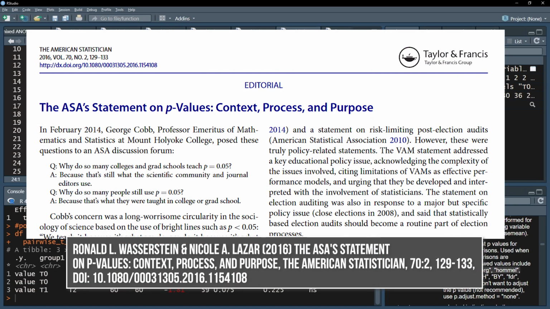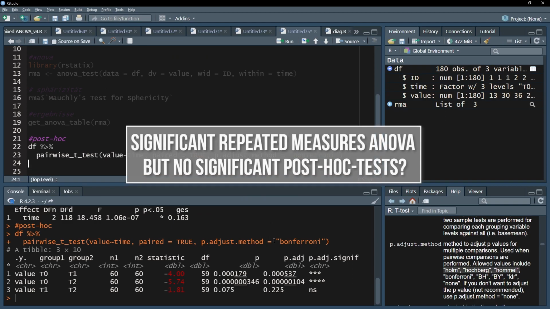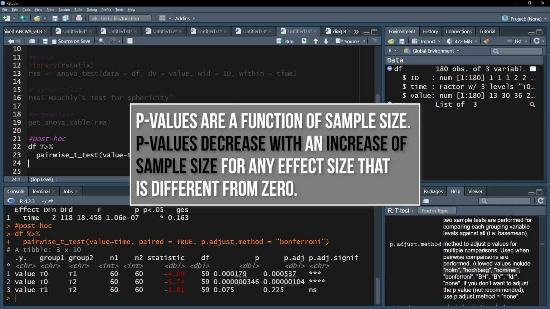Please consult the paper, the ASA statement on p-values, and draw your own conclusions, dichotomizing decisions based solely on the p-value compared to the alpha level. Finally, you might have a significant repeated measures one-way ANOVA and no low enough p-value in post-hoc testing when controlling for alpha error inflation. That is not a contradiction, and the internet is full of discussions about this phenomenon of significant tests and non-significant post-hoc tests.